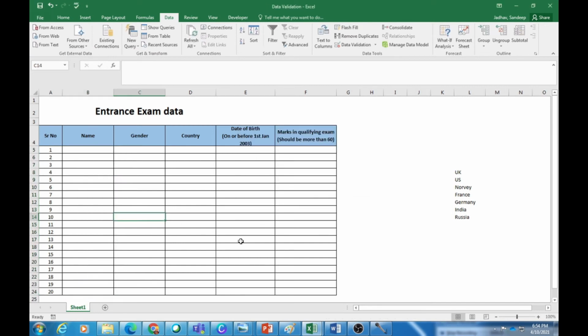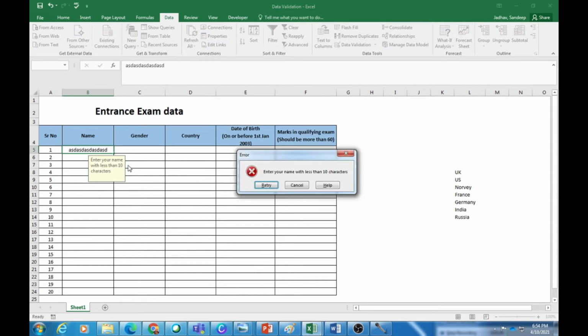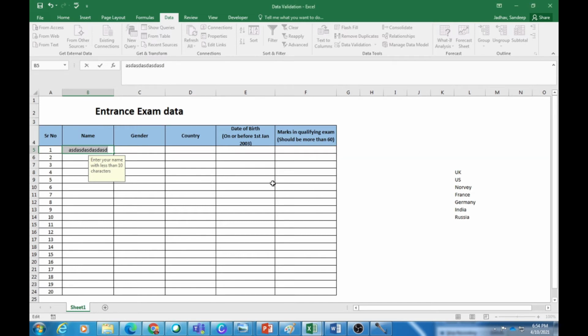Now if you see over here, if anybody goes here and tries to input the data, this message appears, which we have put there as an input message. He has to put his name. Suppose he is putting his name for more than 10 characters. So I'm just typing more than 10 characters and entering it. Now you can see the error is appearing, and the message in the error is the same message which we have typed in the error message. Now I'll just retry it with less than 10 characters. Now it is accepting. So this is the restriction that we are putting as a text length.